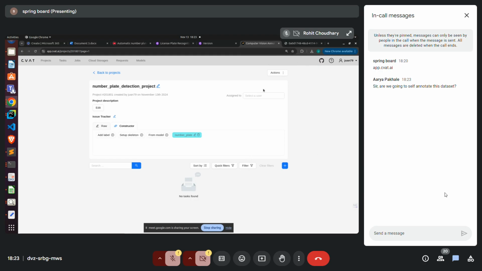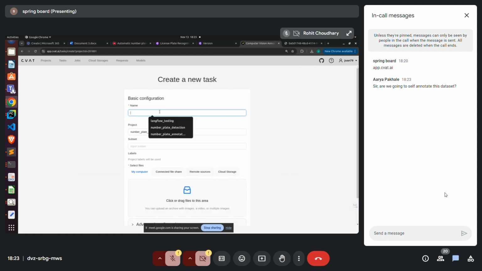So yeah, this project has been created, that is the number plate detection project. What we are going to do in this project is create a task. In case you want to annotate any images, you need to create a task. So the name of this task is